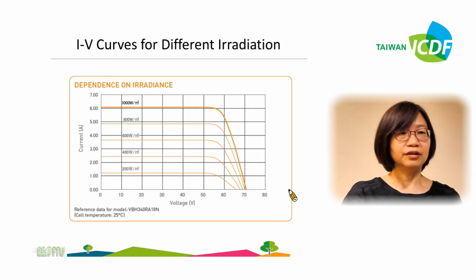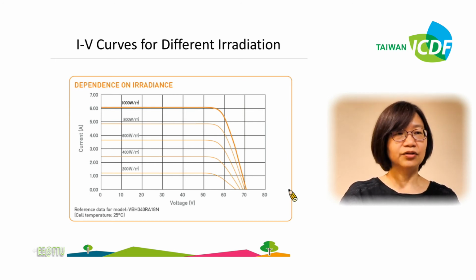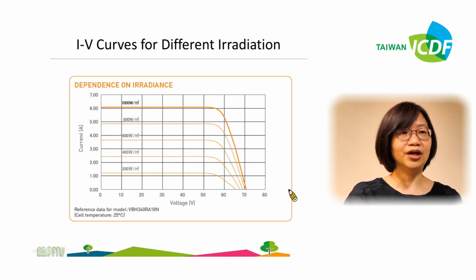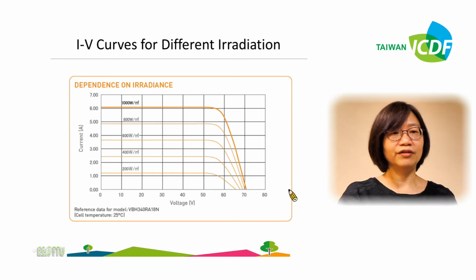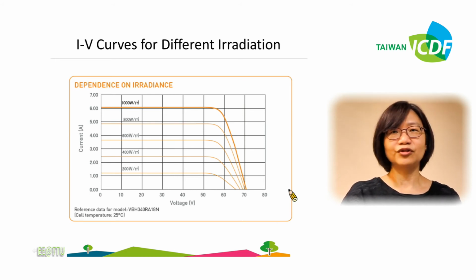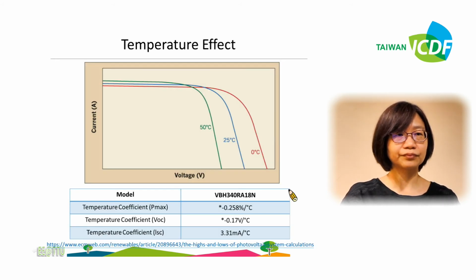And from the data sheet, you can also find the IV curve with respect to irradiance. The current is almost linear to the irradiance. However, the voltage stays almost the same. And there's another important